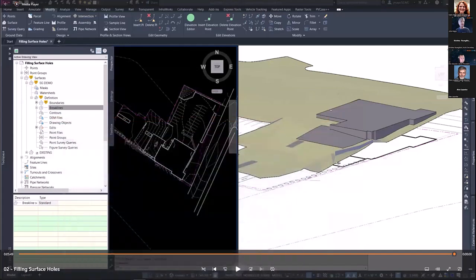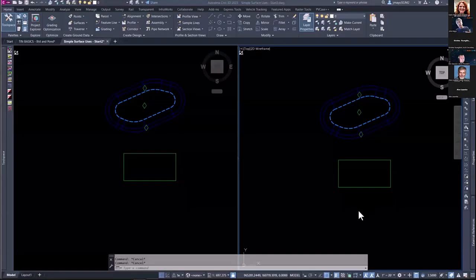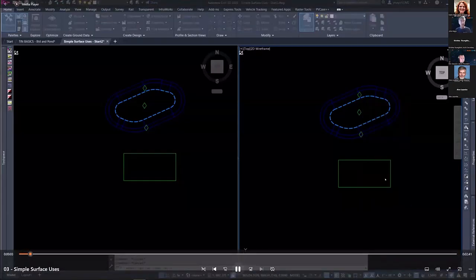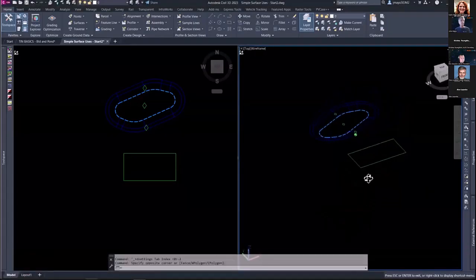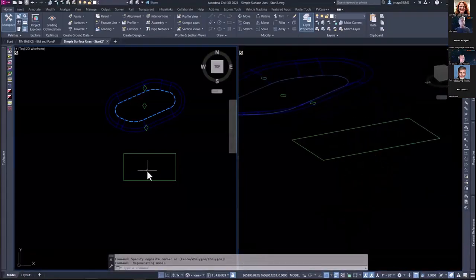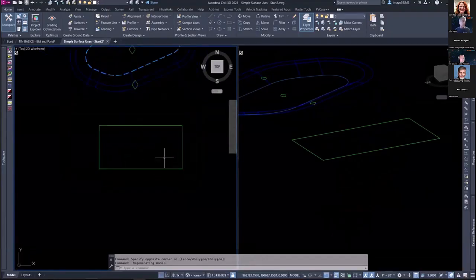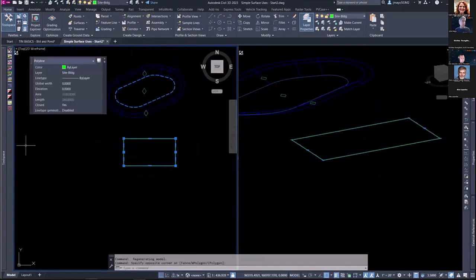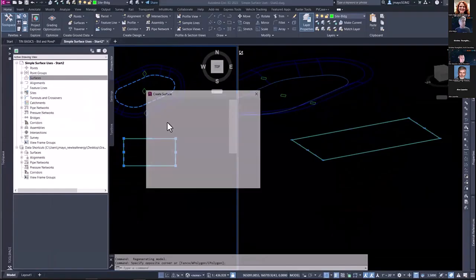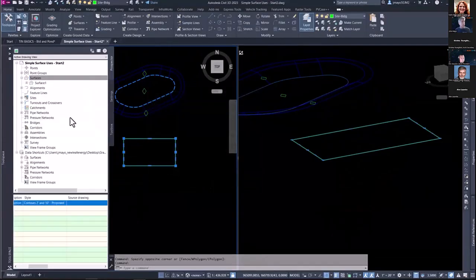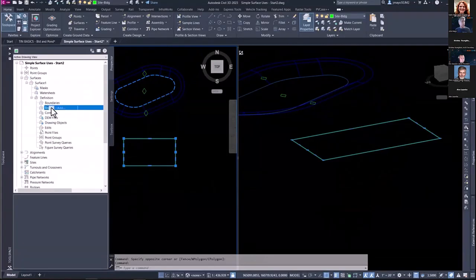And let's just look at simple surfaces here for a second, because we make surfaces and we kind of think of them only as being used for an existing topography or a proposed topography. We think surfaces, and the first thing we think of is an existing ground topography or a proposed ground topography when we work with Civil 3D and civil engineering industries. But a simple rectangle, all right? Even if I just make a surface out of that, it becomes a plane. And I don't know if I'll ever really need to model a plane, but